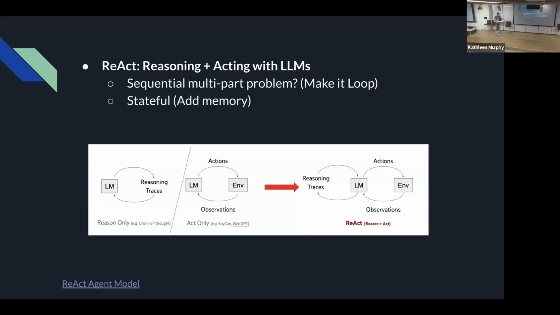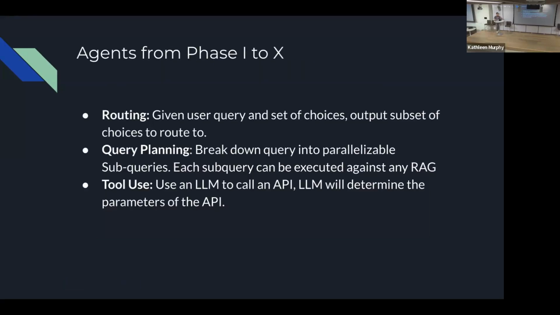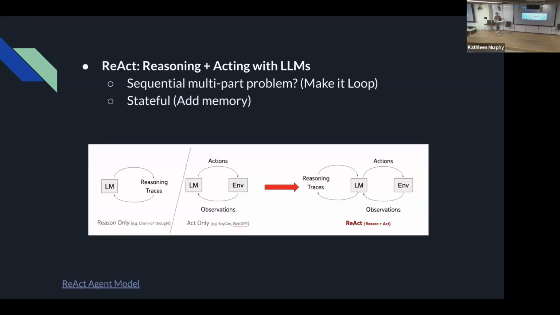However, for the previous 3 types of agents, there's something wrong if you spot it. First is that it cannot solve the problem of the sequential multi-part problem. Another is it's not stateful, right? So if you're dealing with microsystems and working on large scalable systems, that's the major problem here. We need to try to make the system stateful, and then we can make it perform well, right?